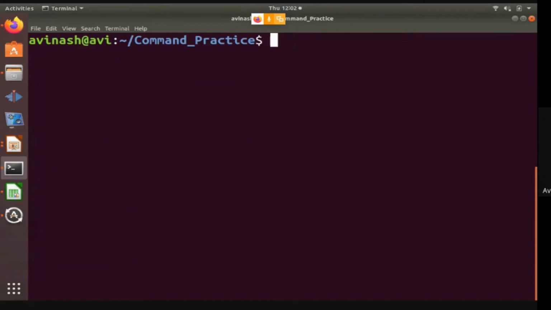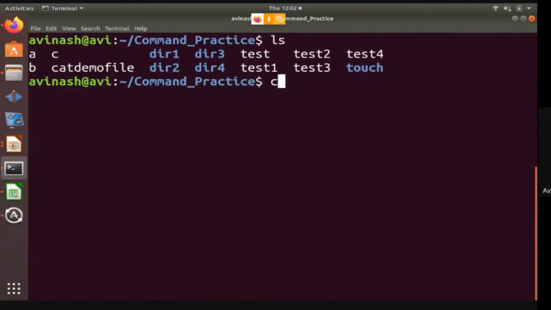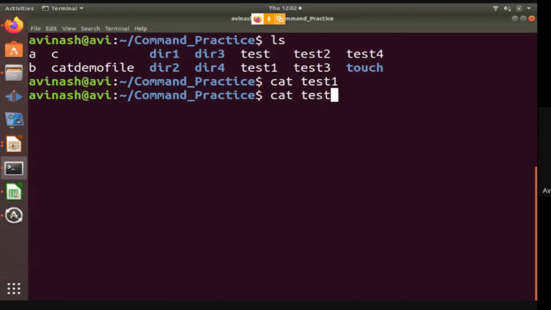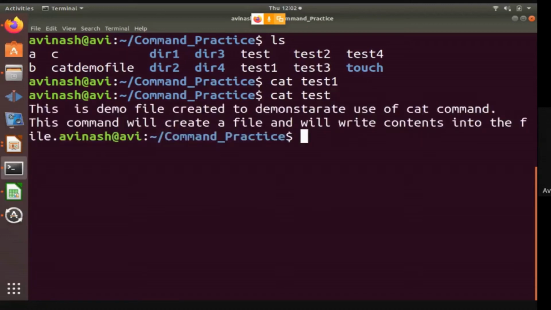So let us now copy the contents of test file into a test1 file. Let me display the contents of test1 file first. It doesn't have any contents, and the test file has these contents. Now we want to copy the contents of test file into test1.